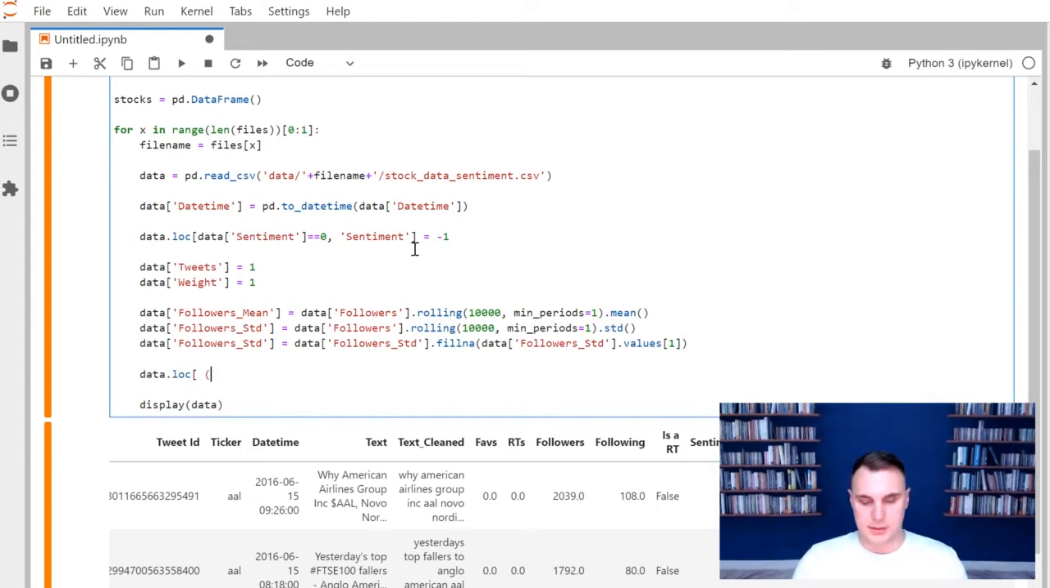We're going to have multiple conditions, so I'm going to use a parenthesis here. I'm going to say data at followers. I want to know when the follower count is greater than data at followers mean. So I'm looking for whenever the follower count is greater than the mean, but I also want to know when